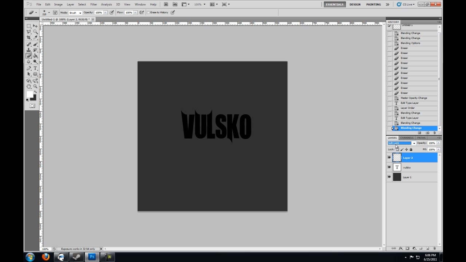Neither if you put it as soft light. See, I changed it to soft light. So what you do for those is you set it to normal, and you'll see it comes up, and just change the opacity to about 20%,